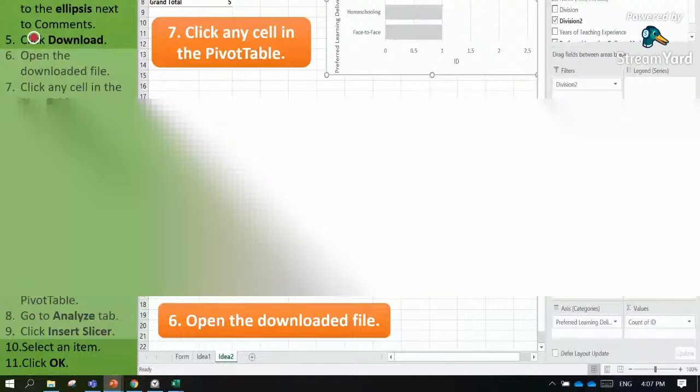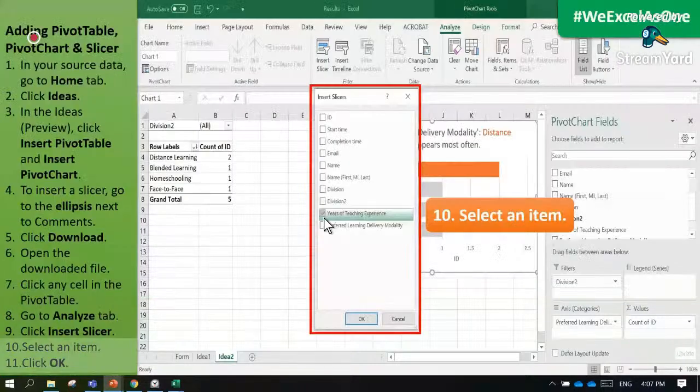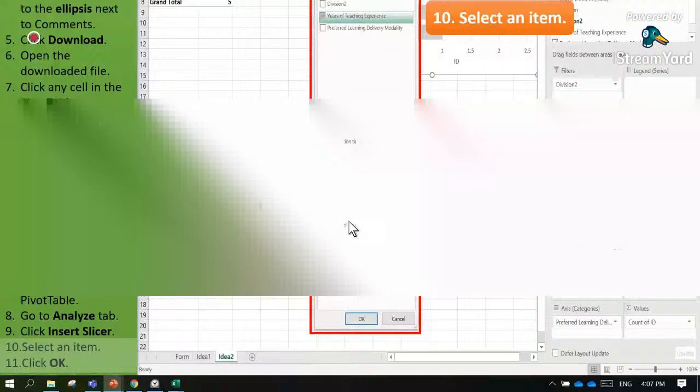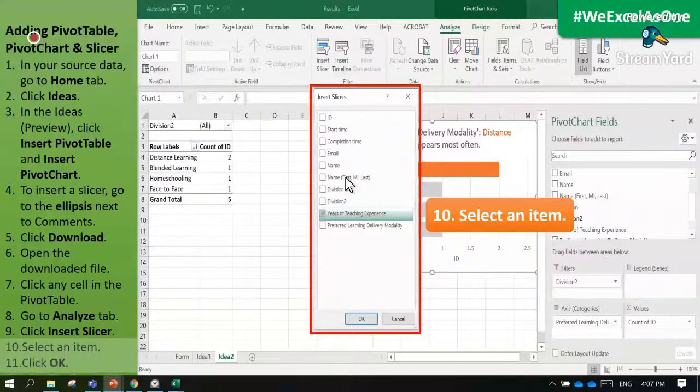If you notice, we already have here the headings. The headings are automatically detected by Excel from the source data. You have here the name, the division, years of teaching experience as examples, and preferred learning delivery modality.